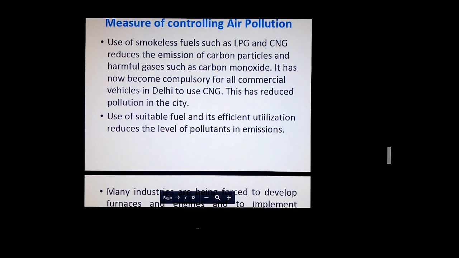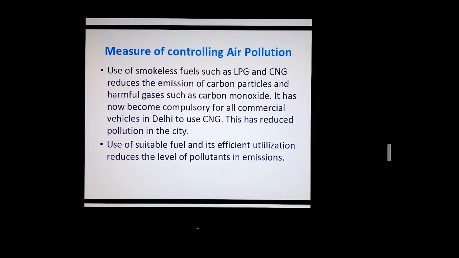Now, we are going to the last but not least topic, measures of controlling air pollution. In units 1, 2 and 3, we have understood what pollutants are, what the composition of air is, how much percentage of carbon dioxide increase makes it pollution, what devices are used, how harmful they are, and what the effects of these pollutants and polluted air are on human beings and the environment. Now we are going to learn the measures to control air pollution.